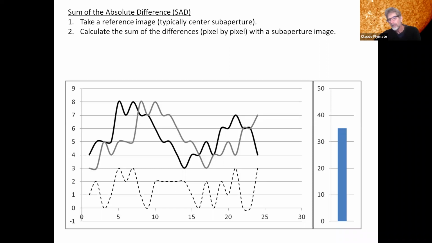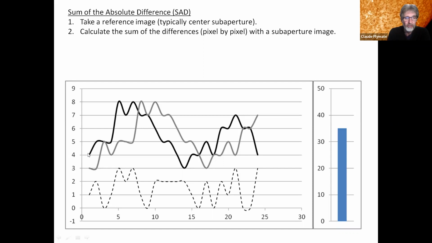And again, as I said, if properly designed and the subapertures are effectively smaller than your seeing scale, then the images should be effectively identical. Of course, there will be small aberrations, things like that, but for all intents and purposes, call it identical. So now go pixel by pixel and count and add up the sum of the differences between